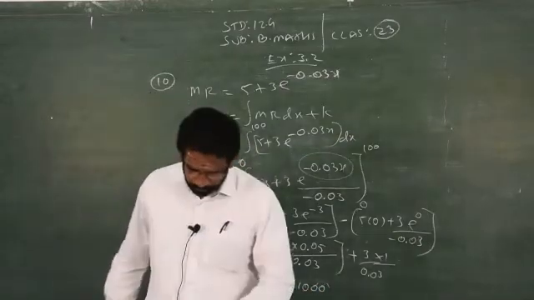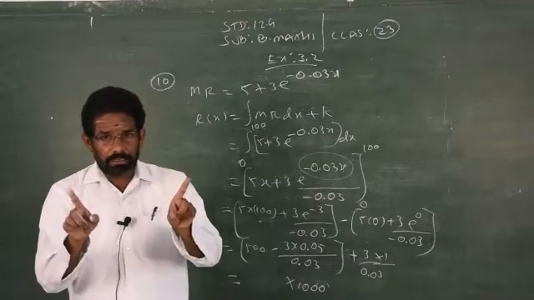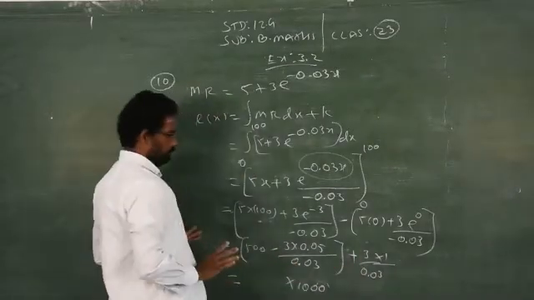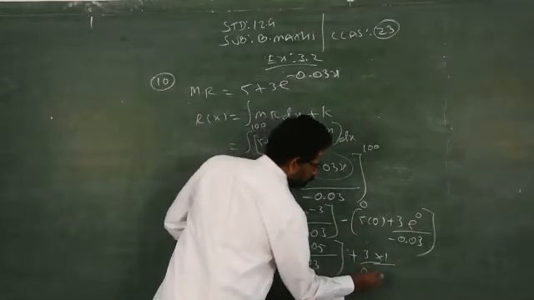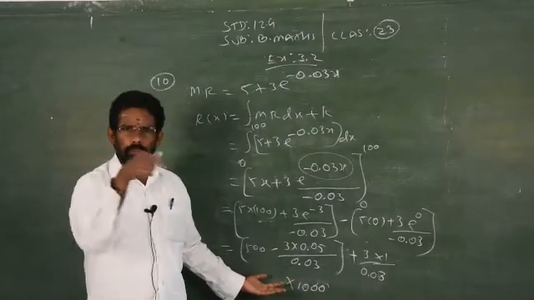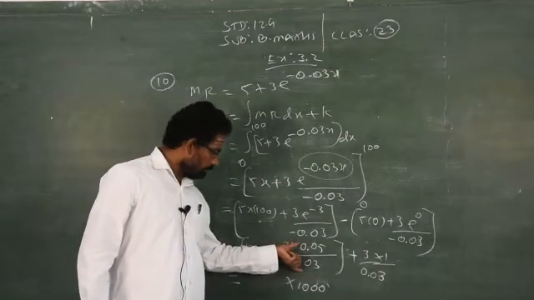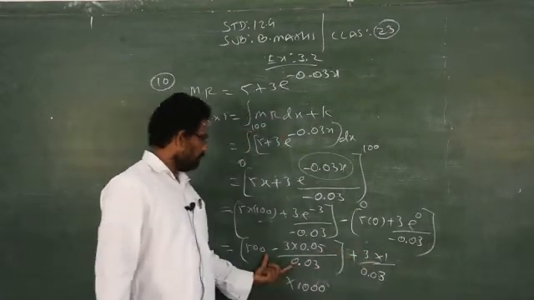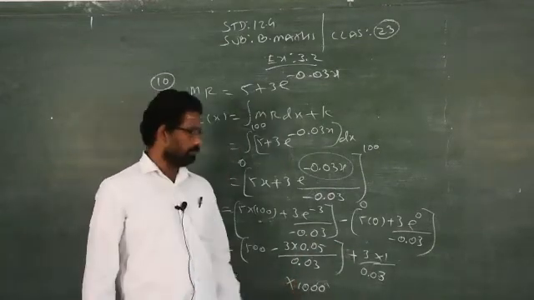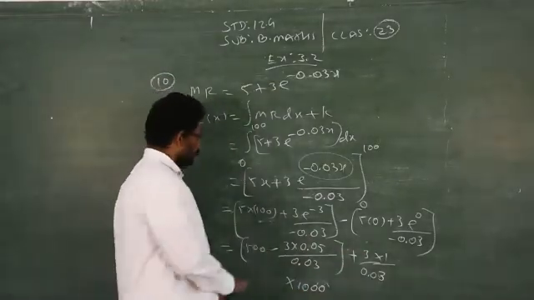Why we need to multiply by 1000? Because it is given in the question, the marginal revenue inside the bracket is given in thousands of rupees. Therefore, after simplifying this one by using the calculator, so this is very simple simplification. Don't expect the teacher to complete this simple process. You have to do it. You are allowed to use calculator, isn't it? So just you have to use the calculator. First you have to simplify this one. Then subtract, you will get one answer. The answer into 1000, this entire answer into 1000, you will get the required one. Clear? So this you have to do it yourself.